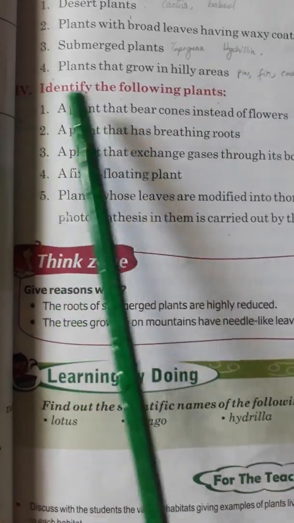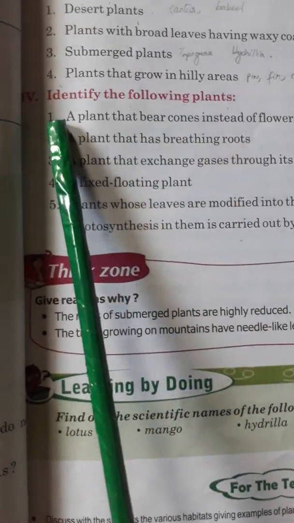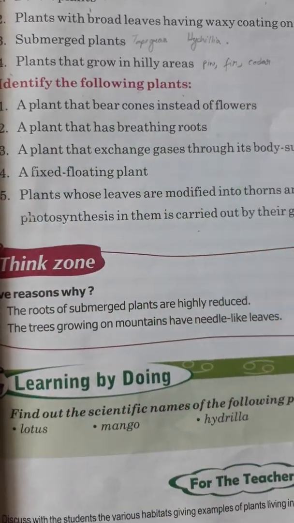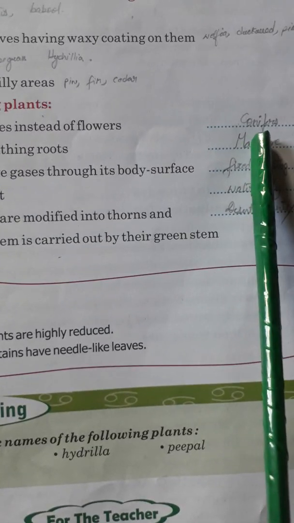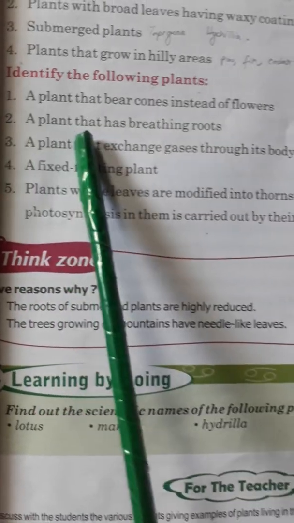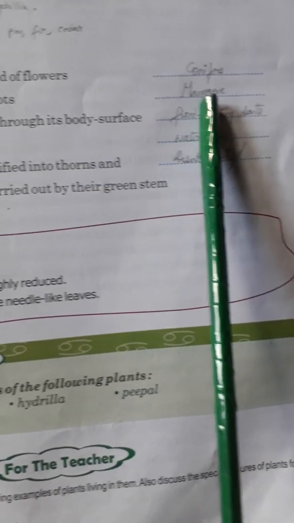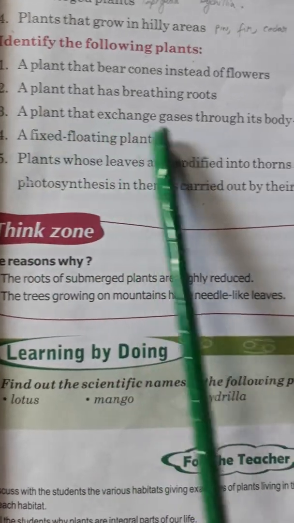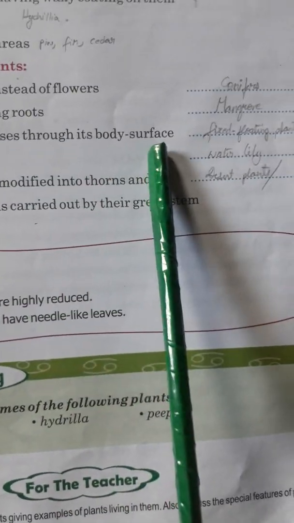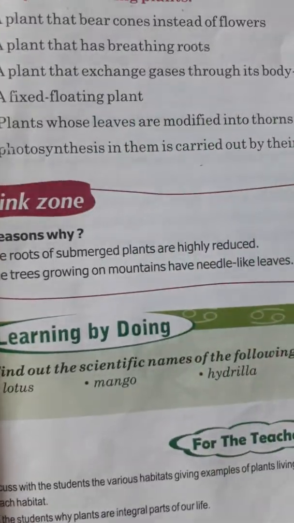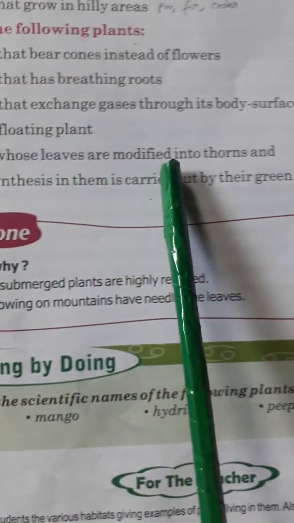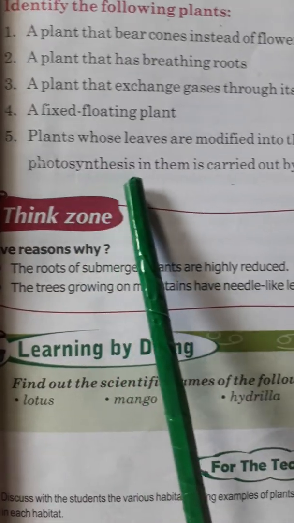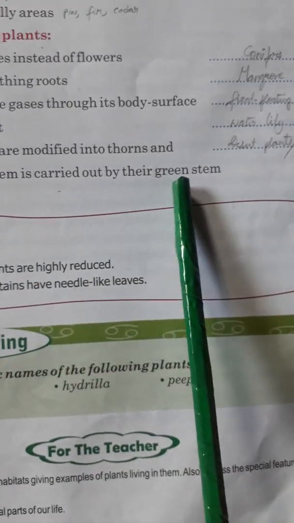Next, exercise 4: Identify the following plants. 1: A plant that bears cones instead of flowers: conifers. Number 2: A plant that has breathing roots. The answer: mangrove. 3: A plant that exchanges gases through its body surface: fixed floating plants. 4: A fixed floating plant, you can mention any one: water lily. 5: Plants whose leaves are modified into thorns and photosynthesis in them is carried out by the green stem,